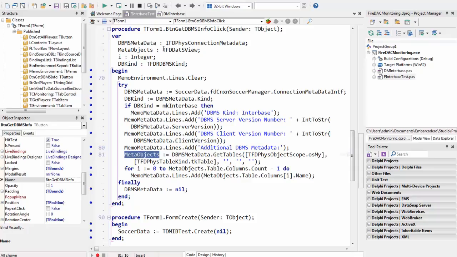And this is of type TFDMemTable view, which for all intents and purposes is effectively a data set that I can iterate over and have a look at. And I've just quickly iterated over that to pull out the different sorts of metadata that we could extract once we have this particular object. And I've just wrapped this up in a try finally, so that I can free my DBMS metadata here at the end as well. So if we run this,